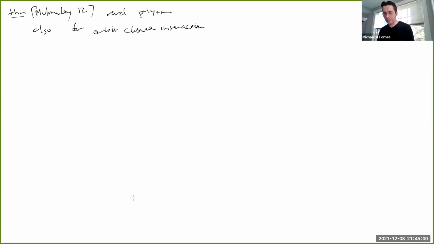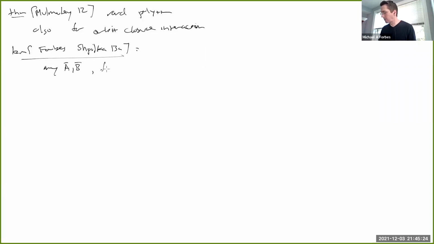Okay, but Mulmuley gave a slightly more complicated generating function. And so the class of PIT that he would need to derandomize was slightly more complicated. And so what we did is we improved the construction, which is the one I gave here. And what you end up getting from that is that if we look at any A and B, and we look at the difference of these explicit polynomials in A minus B, this is a polynomial in n and r size read-once